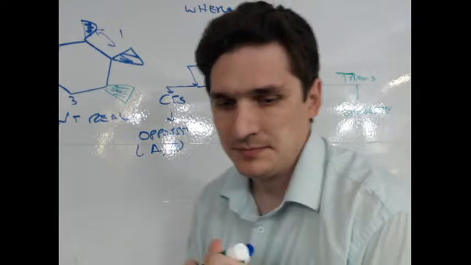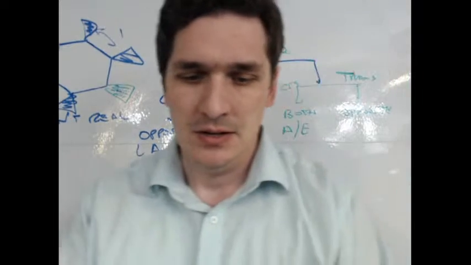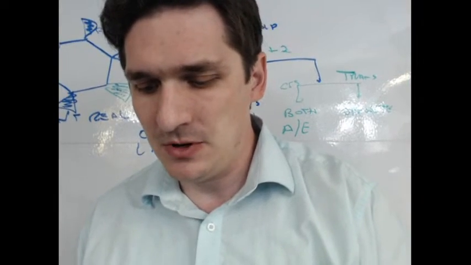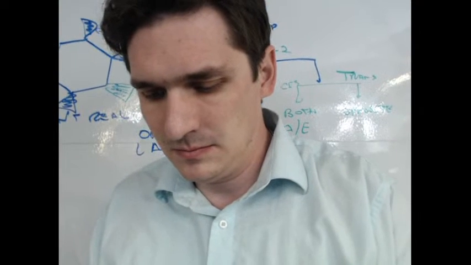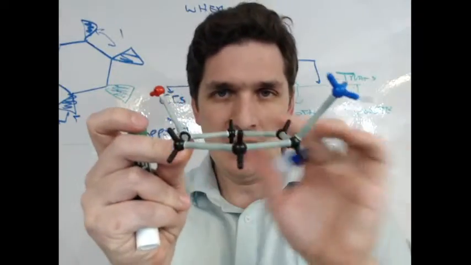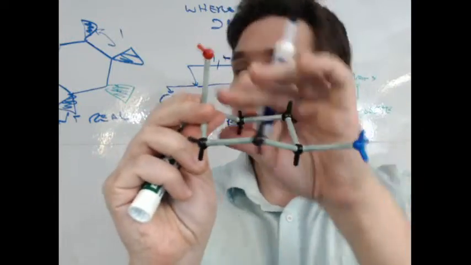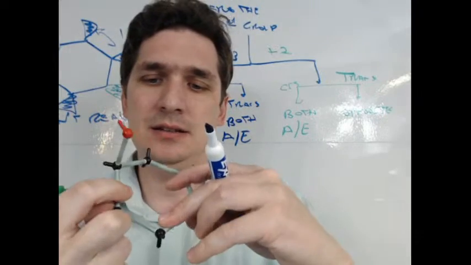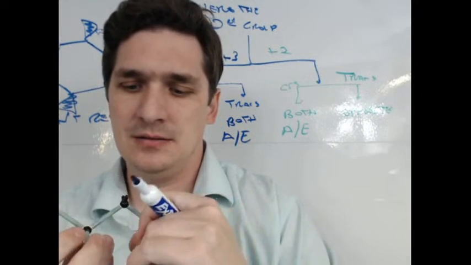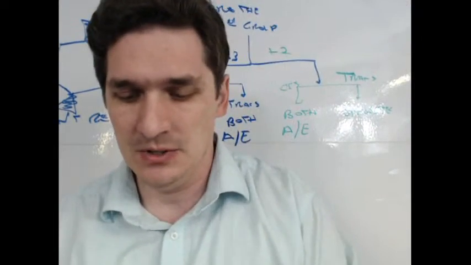One's axial, one's equatorial. Now if I go to the third position, it's actually going to be the same as the first position. So if I put them 3 carbons apart, so I've got my planar ring 3 apart, I pop one up and pop the other one down. One's axial, one's equatorial if they started out cis. Or I'm sorry, if it's trans, so if I go back to building it,